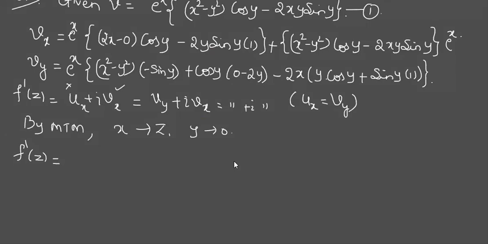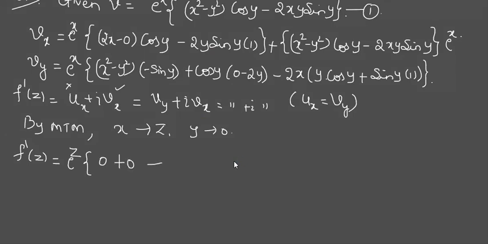So this is e raised to z into bracket. See, if a term is multiplied with y or sin y, straight away take that term as 0. That can save our time. So here in Vy, this first term is multiplied with sin y. So what happens to this? If I put y as 0, it becomes 0. So don't substitute for the other terms. Here again, the second term is multiplied with y also, correct? And y is 0, so it becomes 0 again.